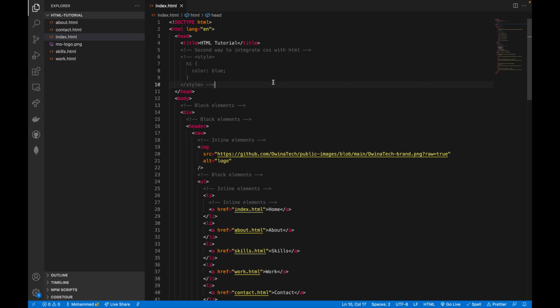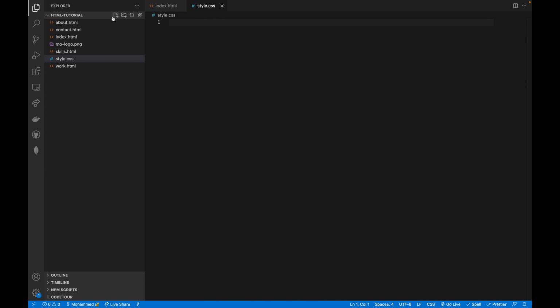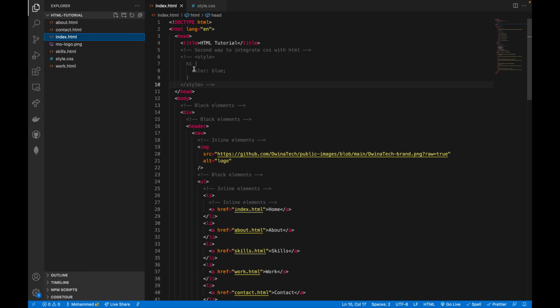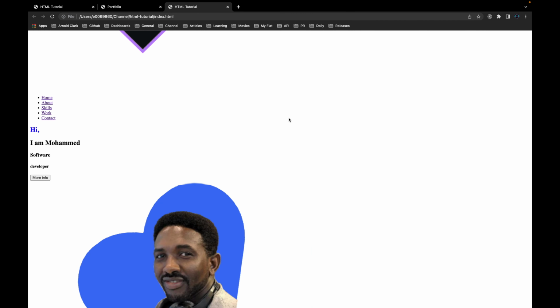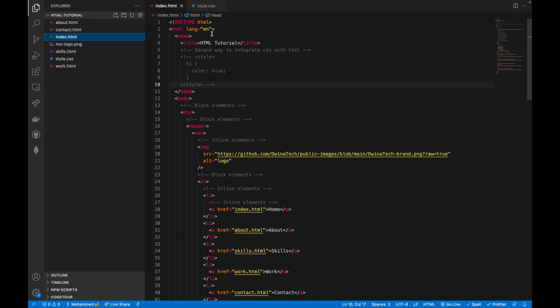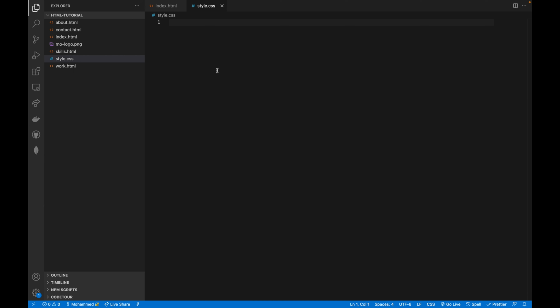And the third way, we need to create a file in the same directory. Let's create a file called style.css, and in this style.css now we can start to add the same as here in this index. We need to add the selector that we need to apply the CSS for. For example, if you go back to the browser and reload, now this title color is the default one, which is black. And if we need to add a new color, we need to add our selector,